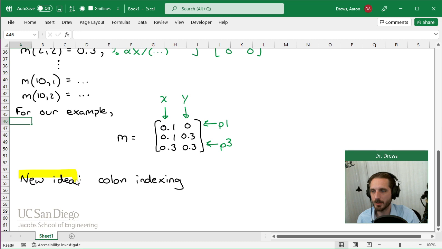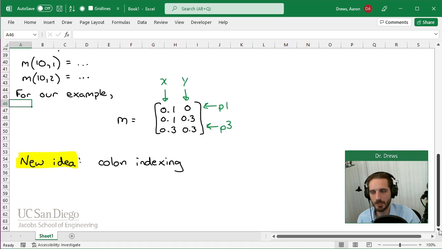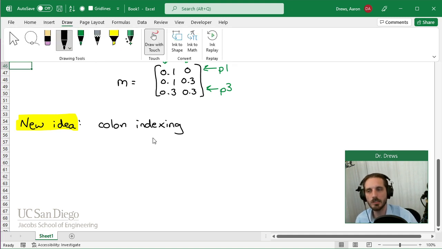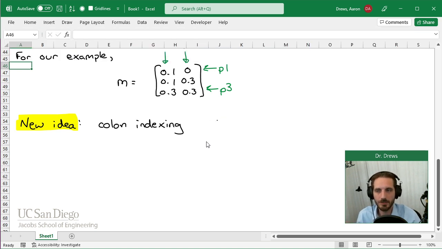That is the first of, I think, two new ideas for today: the idea of colon indexing. When you've got something like a matrix, often you're interested in an entire row or an entire column of that matrix. For example, with our M matrix here, we're interested in full columns and not full rows, but we could get either one. So what colon indexing does is it'll read or write, it doesn't matter which one,